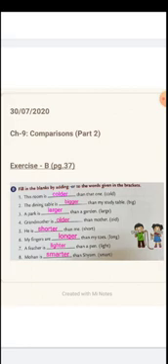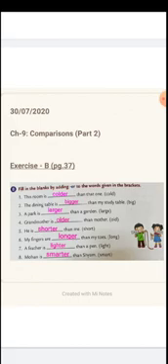Okay, so strong will become stronger. This door is stronger than that one. So there is a comparison between two things, this door and that door. Whenever we are comparing two things, we have to use this form of describing word by adding er to the describing word and than. So this rule we are going to apply in this Exercise B.